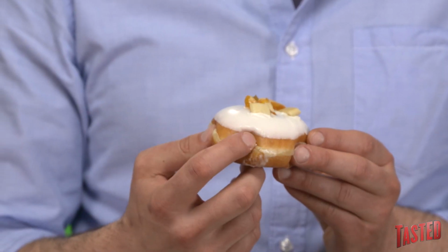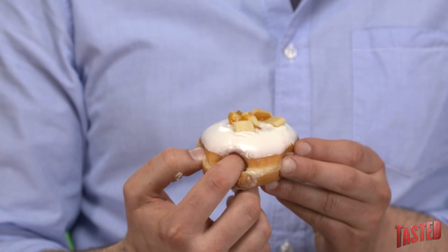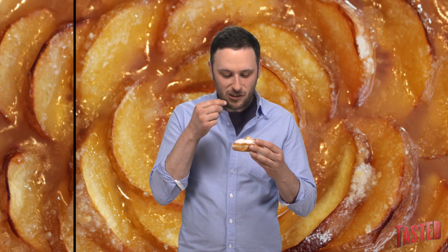All right, this one I'm actually a little more optimistic about because I do tend to like these sort of yeasted raised donuts a little more, a little airier. Cake donuts tend to be a little denser. This one got squeezed like a tube until all of its peach cream shot out. Oh, that's not good pie crust. It's very sweet and not good. Oh, that's in my throat now. Oh yeah, that filling is